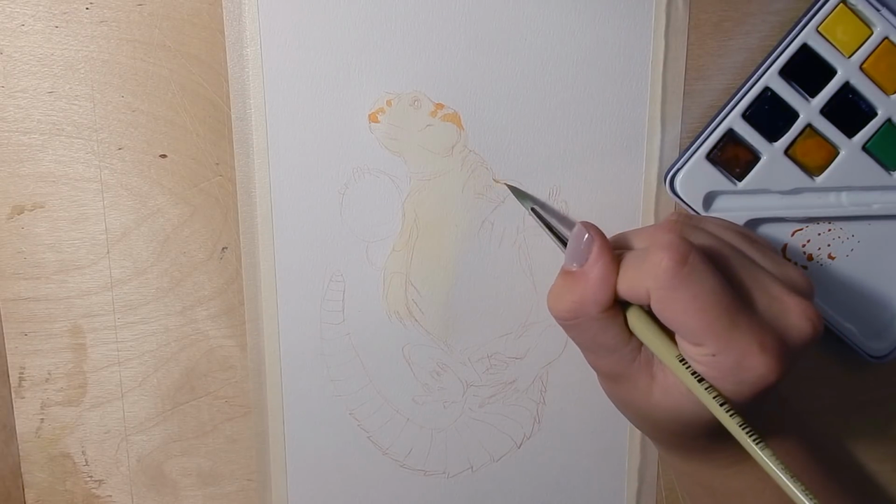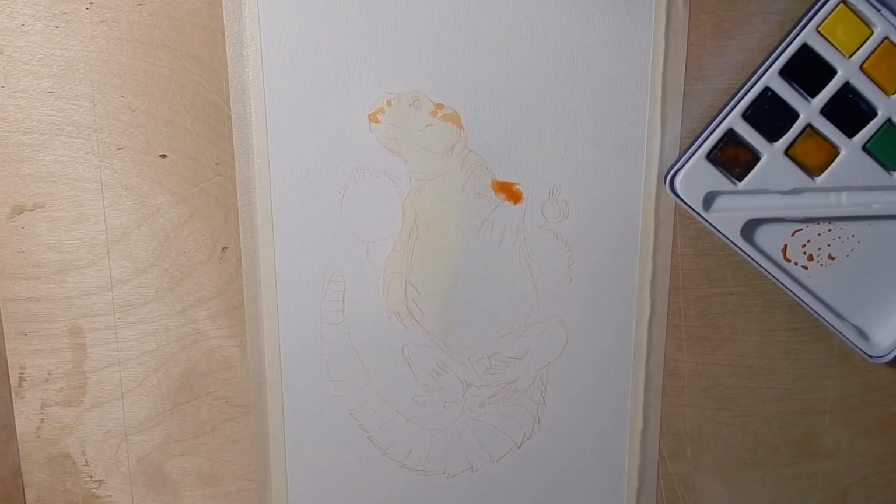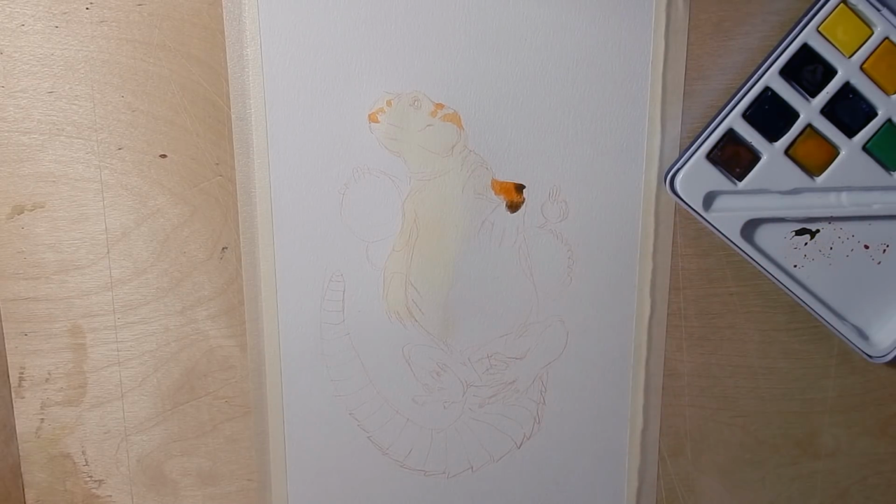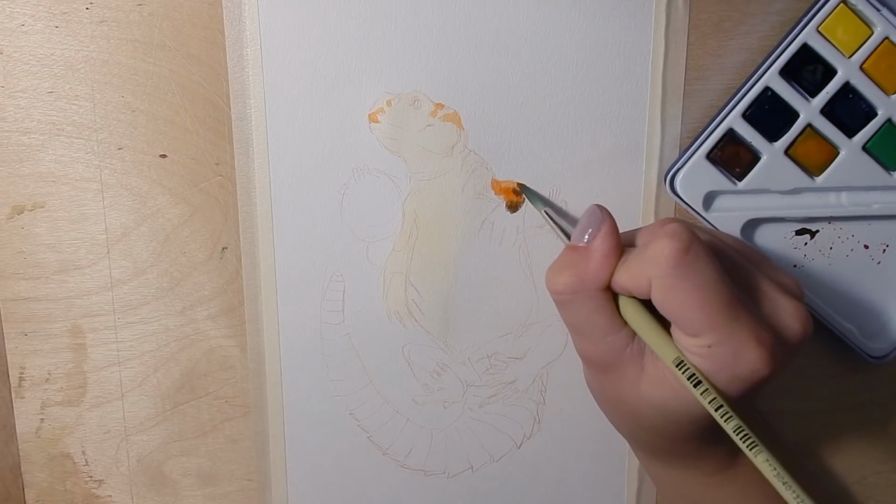Let's see, try to get this to shade down a little bit, do a little bit of fancy mixing. Yeah, that's about right. Yeah, so we'll see how these